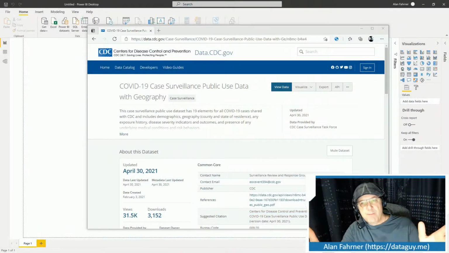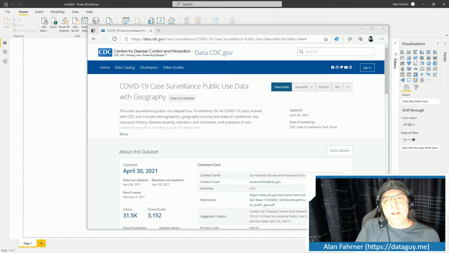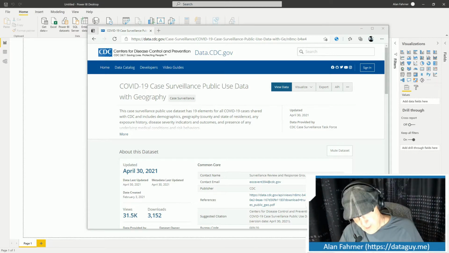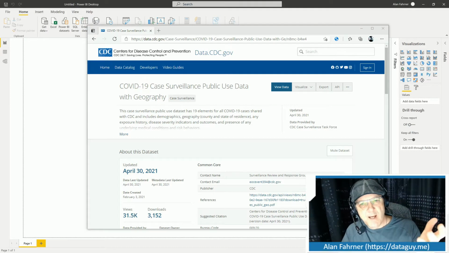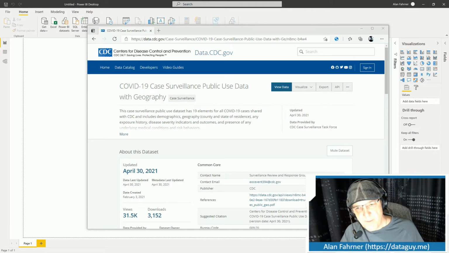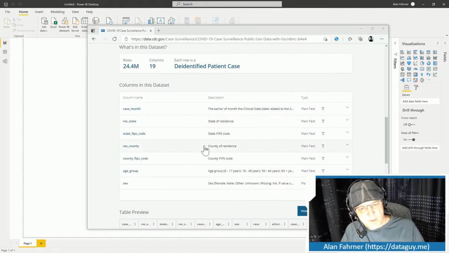Okay, can you see my screen? We're going to use a data set nicely provided by the CDC, and I think this has to do with positive, where they test to see if you have it. And let me scroll down here, show you guys this. One thing I like about this data set is,